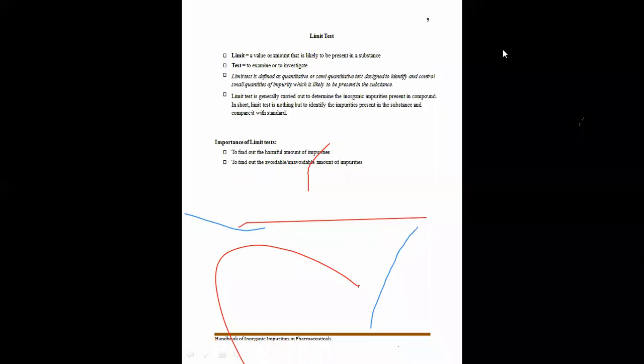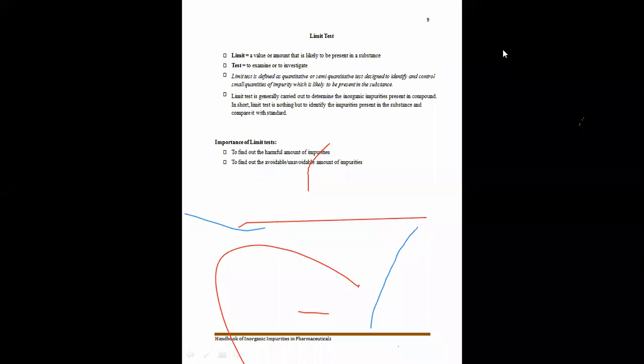Now for the potassium bromide, there is a presence of impurity. For the sulfate ions, there is also a presence of impurity in the potassium bromide solution. So these impurities are there. We can't avoid them. Some unavoidable impurities are also there in pharmaceutical products, but we can make the